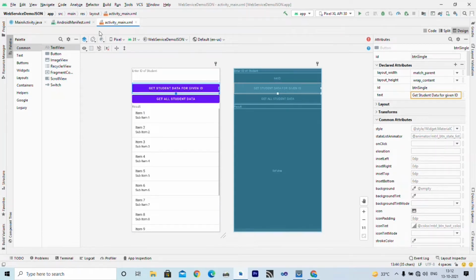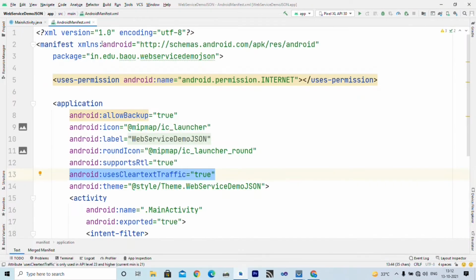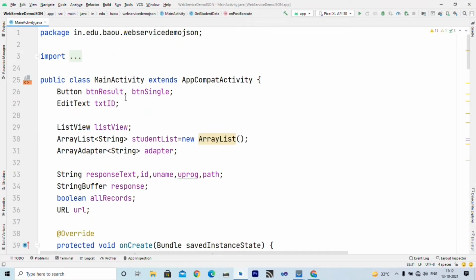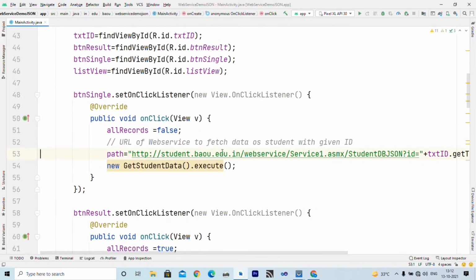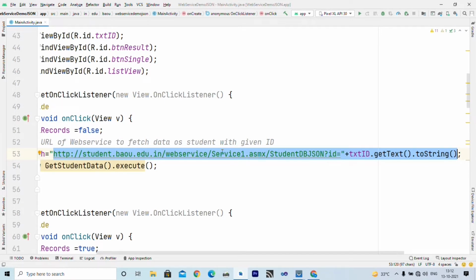Now before we understand our Java file, I want to show you that URL. We have two URLs. The first URL returns the result of a single student. I have made this URL public, so even you can use this for writing your code, right?